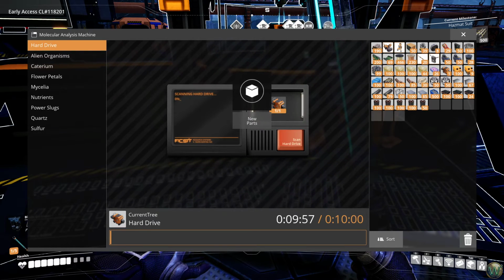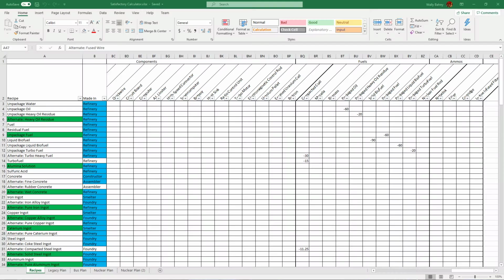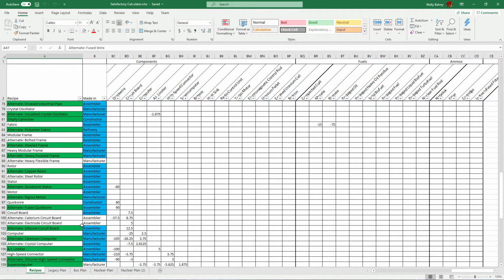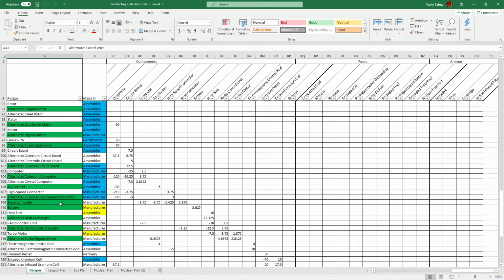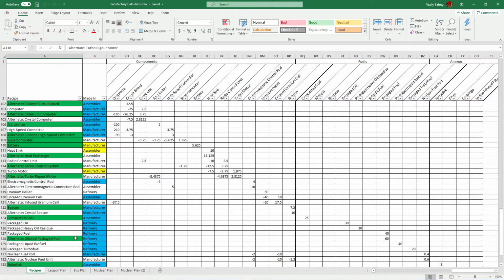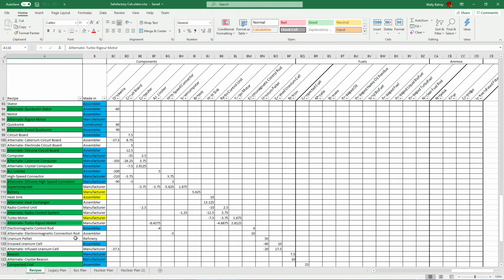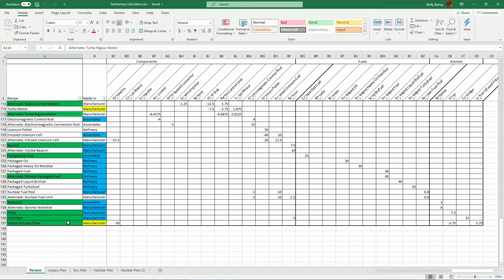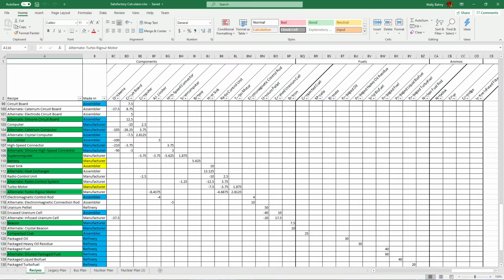So looking at the recipe list, let me show you guys Excel again. The ones that are green that aren't highlighted in blue. Radio control system and turbo rigger motor, I think, are the 2 that I'm still looking for, unless we got those in the last episode and I haven't updated this with those yet. So hopefully we get them in these last 2 hard drives. Otherwise, I'll be making another run out into...